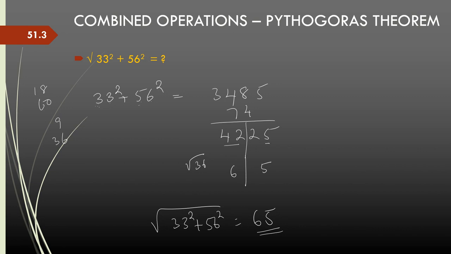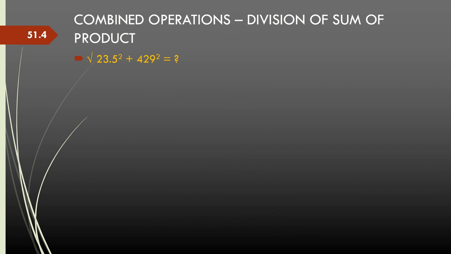Now even if I was doing hypotenuse square minus one side square, this method becomes very easy. Sometimes we have really awkward numbers in right angle triangles. Let's say I was calculating the third side of a right angle triangle where the sides were 429 and 23.5. Here we cannot use the square root by observation. We have to use the square root by duplex method.